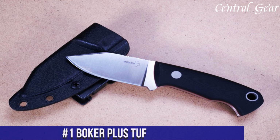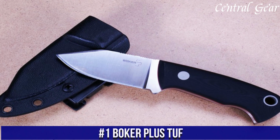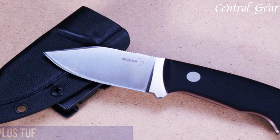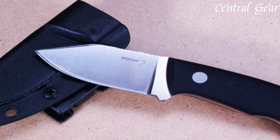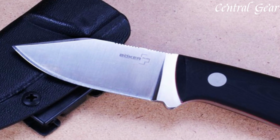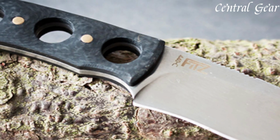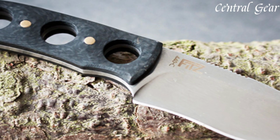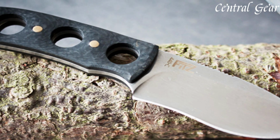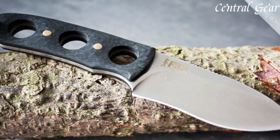Number 1. Boker Plus TUF is a rugged and versatile fixed-blade knife designed for tactical and outdoor use. Crafted from tough 440C stainless steel, its full-tang construction ensures durability and strength for demanding tasks. The drop-point blade profile offers a balanced combination of slicing and piercing capabilities, making it effective for a variety of cutting chores. The ergonomic handle is made from textured G10 scales, providing a secure and comfortable grip that enhances control